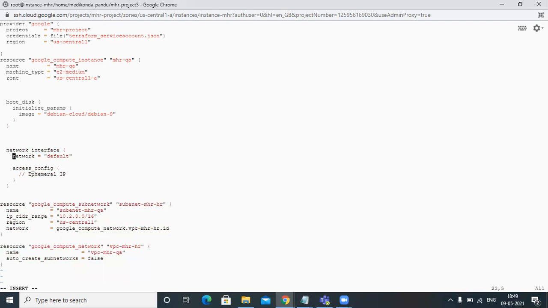I need to create my instance in my particular VPC, in that VPC, in this particular subnet.